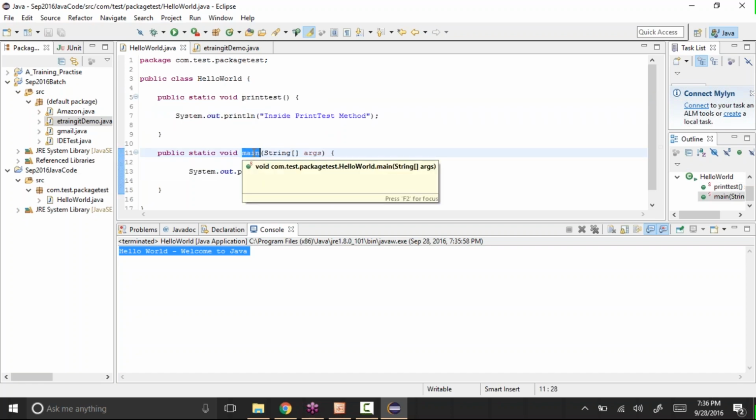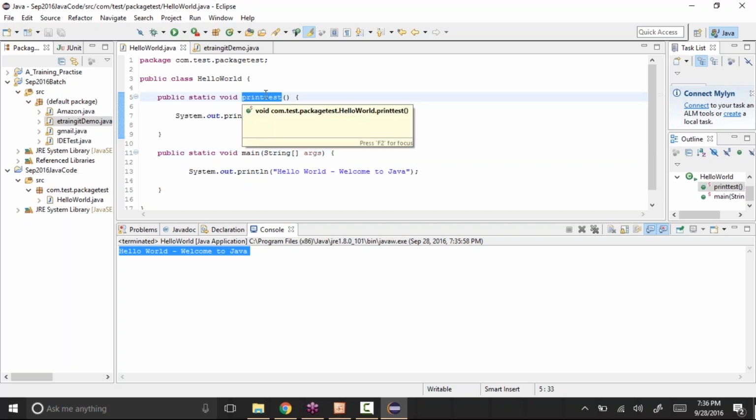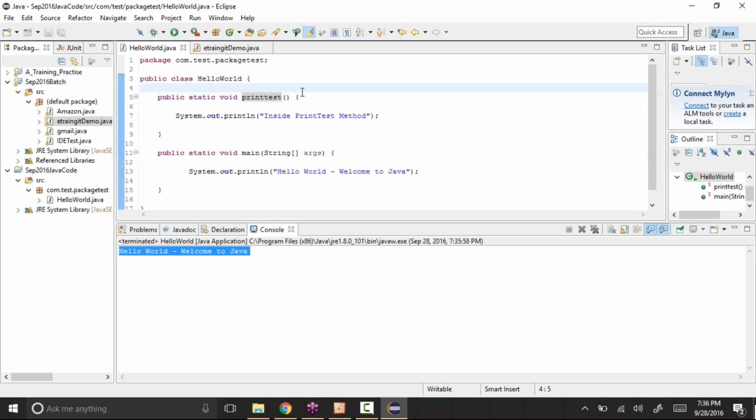Okay, it doesn't go into other methods, it will only go into the main method. So if you want to execute something in a class, we need to create a main method. Without a main method we cannot do anything. In the main method you can call whatever we want to. We'll see how to call the method that we just created in our main method.